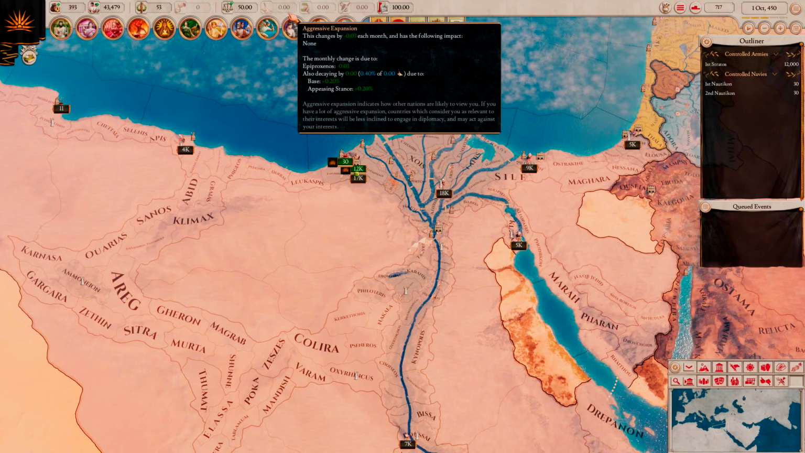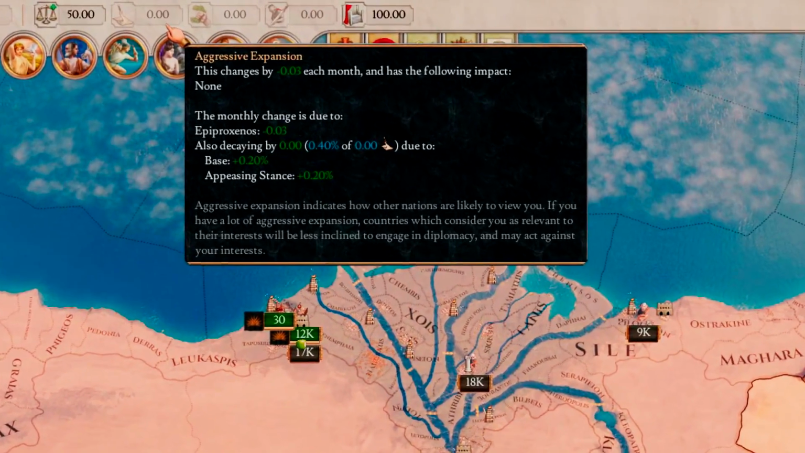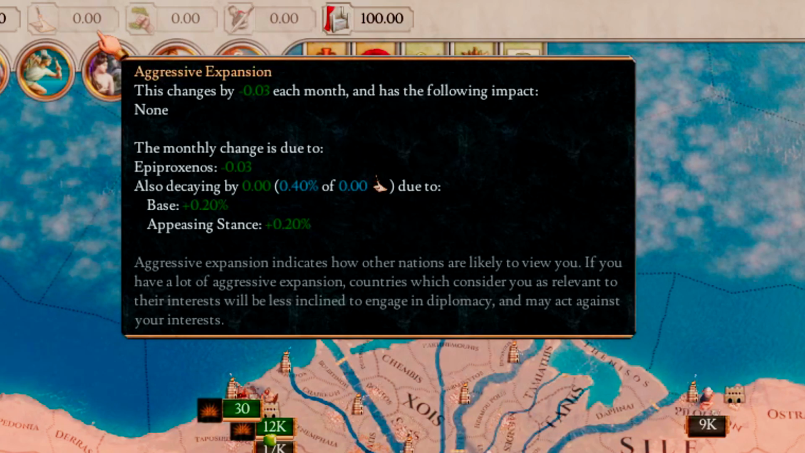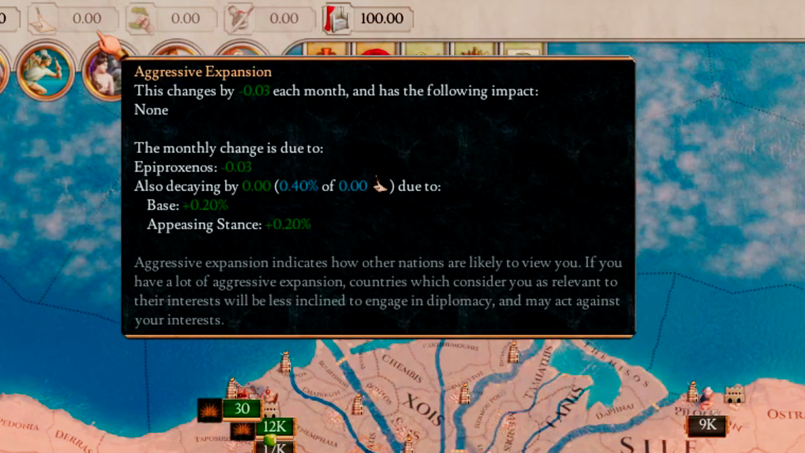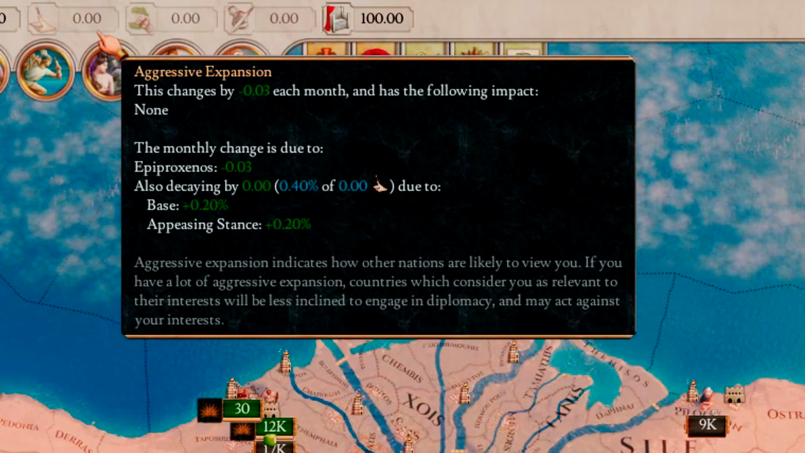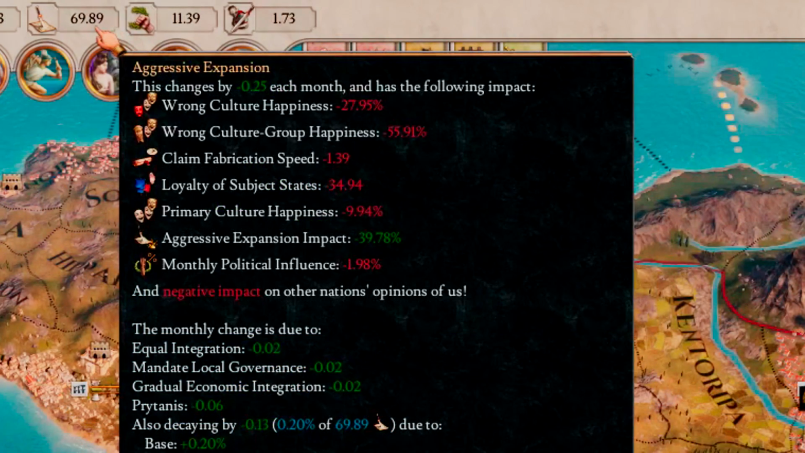right of our stability. You begin your campaign with 0 aggressive expansion, but this can be increased by declaring wars, conquering provinces, and subjugating your enemies. The more that you expand via war and conquest, the higher your aggressive expansion will become, with penalties that stack